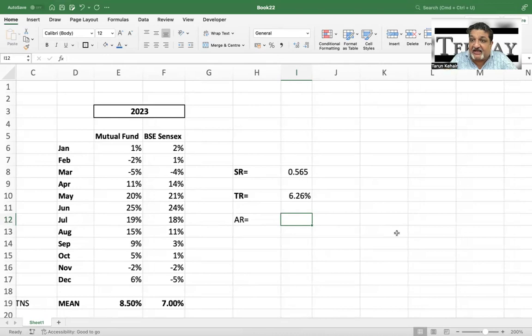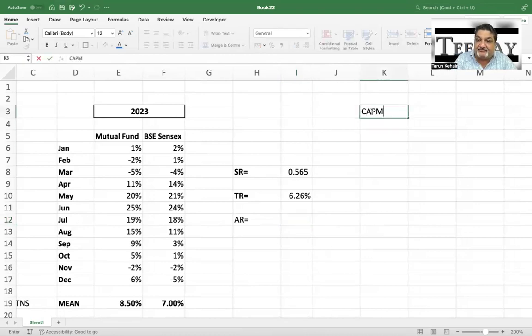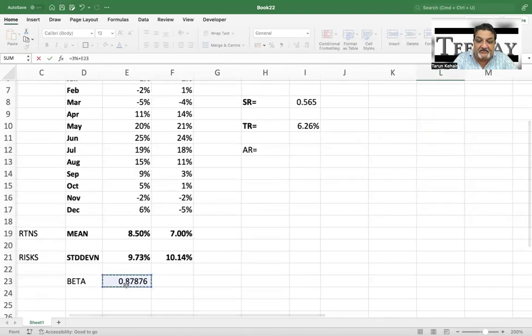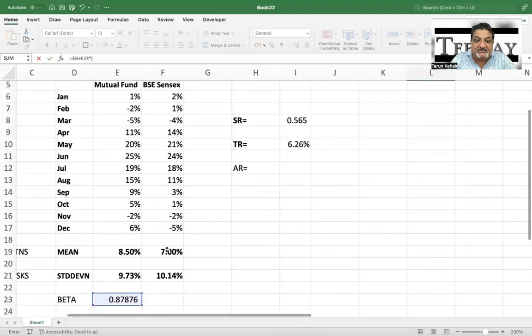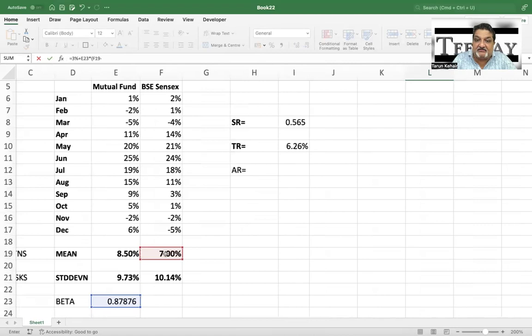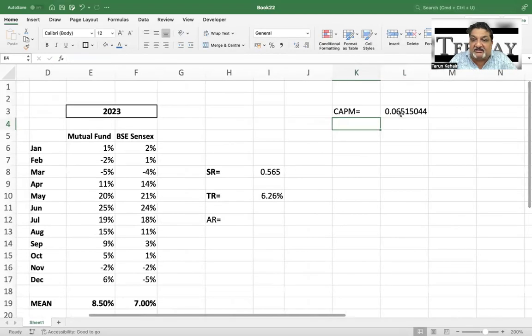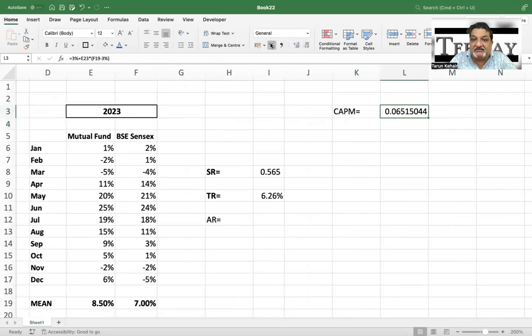And Jensen's alpha is your actual return minus expected return, which means now first we have to find out the CAPM return. तो सबसे पहले हम find out करेंगे CAPM return, which is risk-free rate of 3% plus the beta for the mutual fund into market return, which is 7%, index return minus risk-free rate 3%. तो यहाँ पे आपको पता चलेगा कि आपका CAPM return is